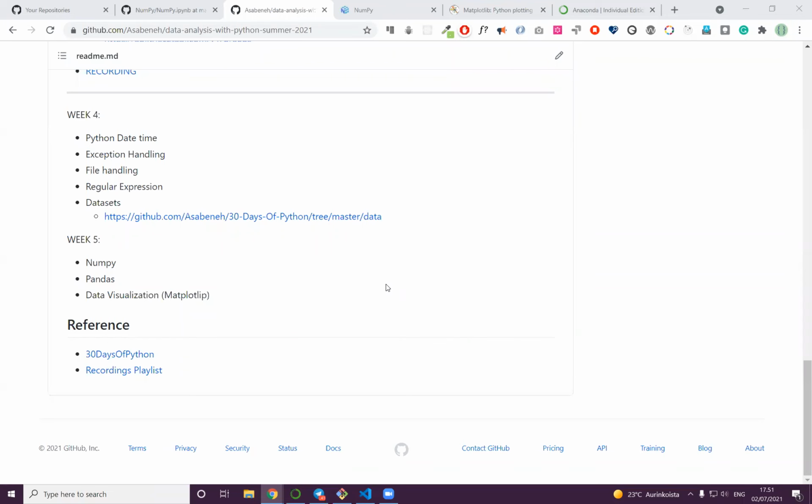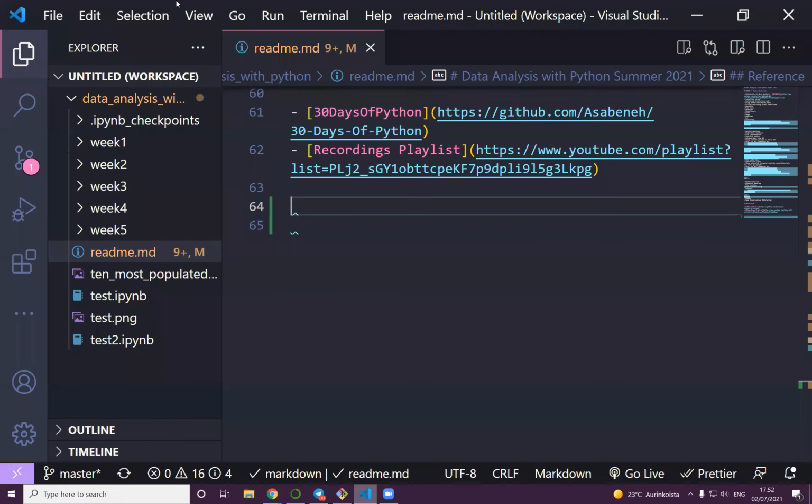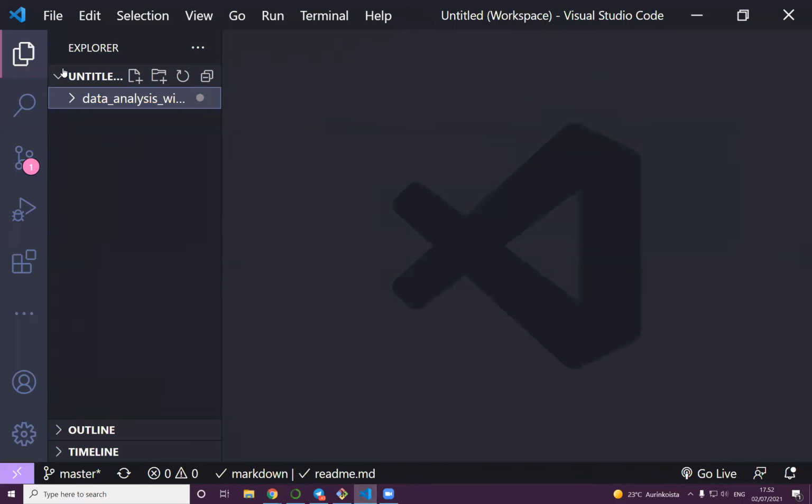Welcome back, everybody. Today's the 5th week of this training, and today we will talk about NumPy, pandas, and data visualization. Of course, if we don't have much time today for pandas, we will just focus on NumPy and data visualization. Okay, but before that, instead of using this VS Code, I think the best way to use NumPy and